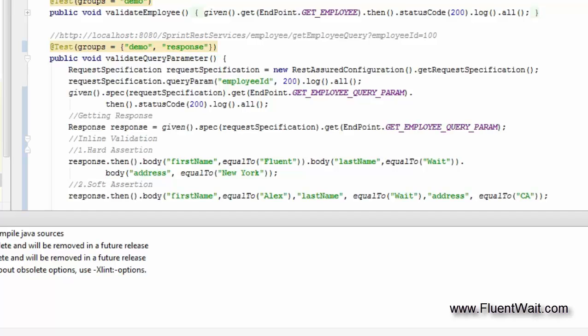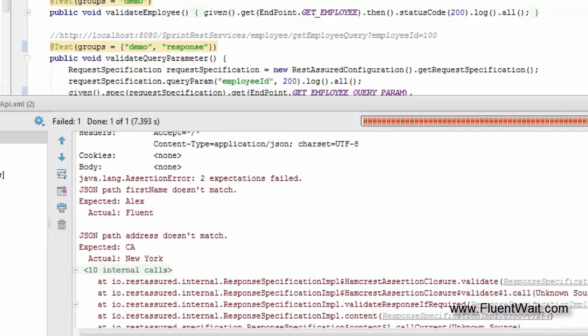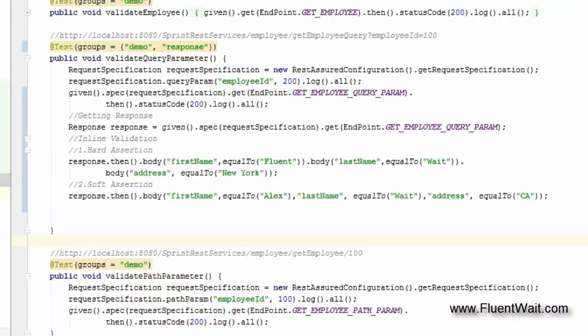So it is running. Okay, now it has failed. So we should expect two failures. It is, it's saying two failures. It says Alex has failed and this has failed. What it has done is it has checked all three conditions. And if you want to